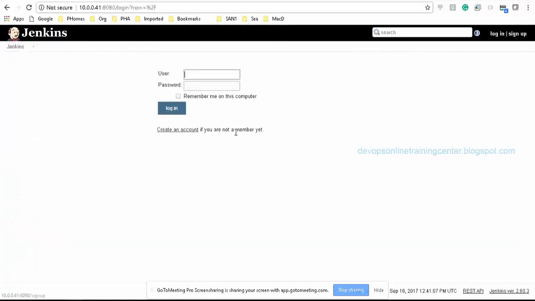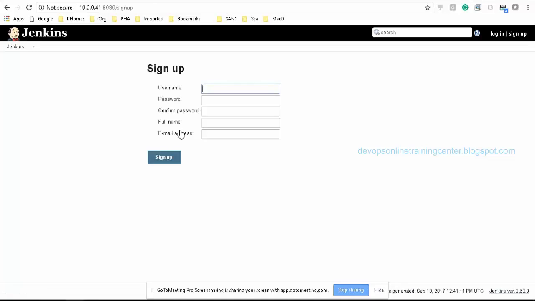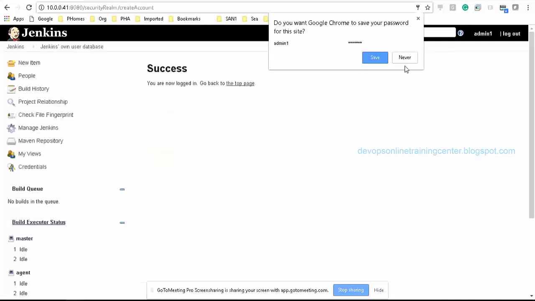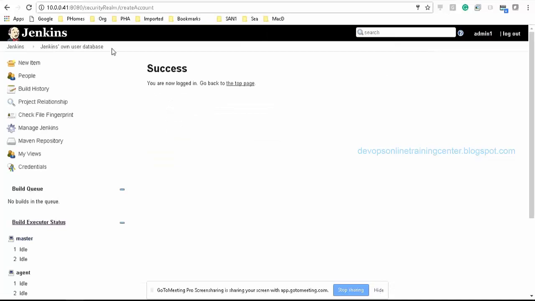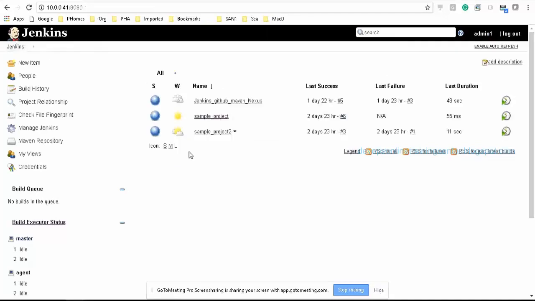See, create an account if you're not a member. Okay. So this is sign up. So here we can sign up. Let us say admin1. There you put the password. Since you checked that option, now at sign in, that's why you get that option. Okay. Yeah. Then you have all the permissions. A user is created, admin1.